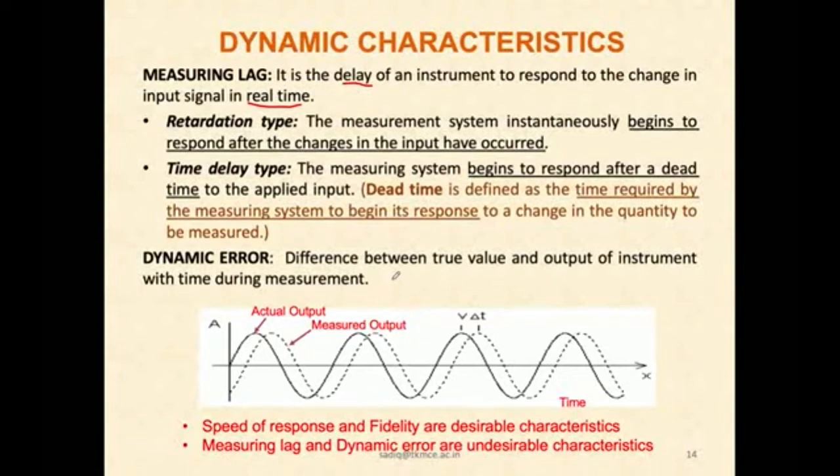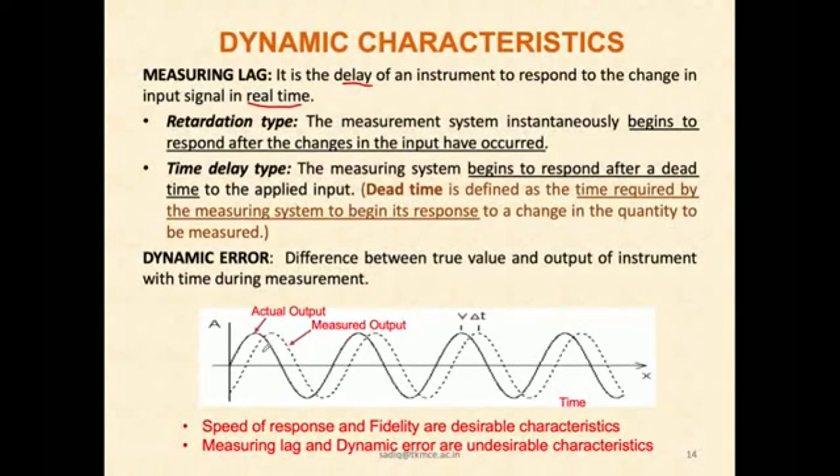During the machining process itself, the force experienced by the tip of the cutting tool is expected to be shown on the monitor or the device, but are you sure it is showing the same value on the display which is actually available at that time at the tip of the cutting tool? It can be different. Even if there is a force happening at a particular moment, the output given may be a little away from the actual instant. So the difference between the true value and the output that is shown